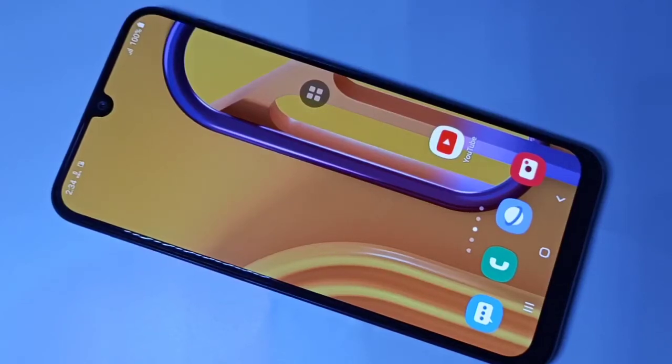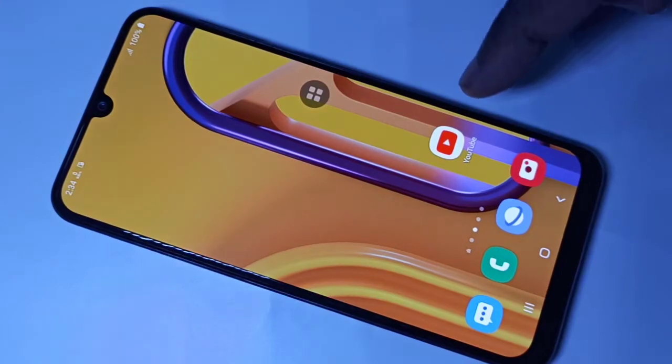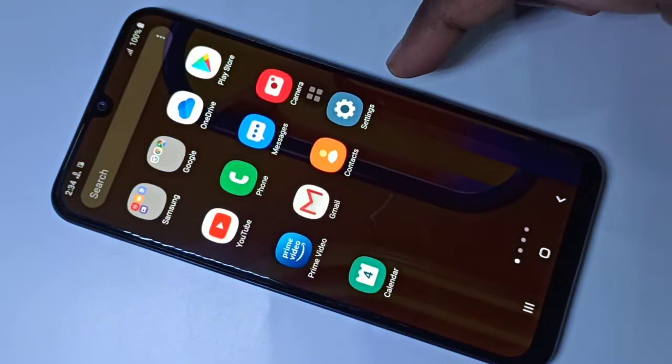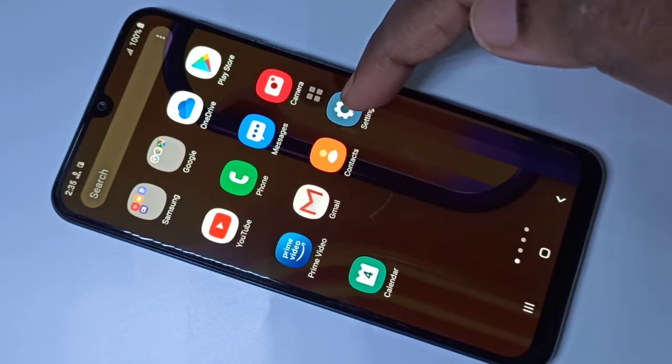Hi friends, this video shows how to enable and change Always On Display. First we need to enable Always On Display. For that, go to Settings, tap on this Settings app icon,